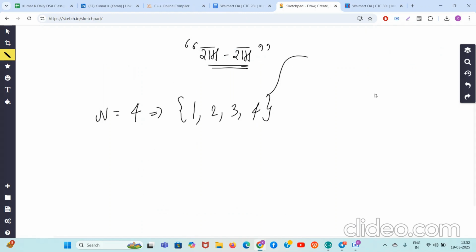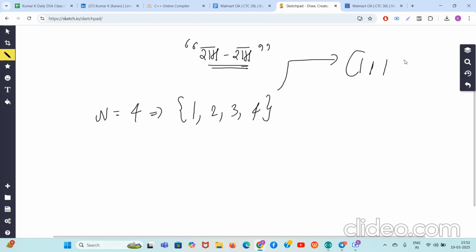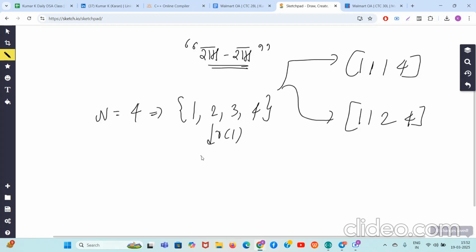See guys, you know that one possible option is 1114. But I am saying that I can also bring 1124. How can you do that, sir? First I will remove 1. If I remove 1, what will I be left with? 2, 3, 4. Then I will remove 3, sorry, 3, not 2. If I remove 2, then it will be problematic, right? So I will remove 3. Then I have the sequence 2, comma 4.